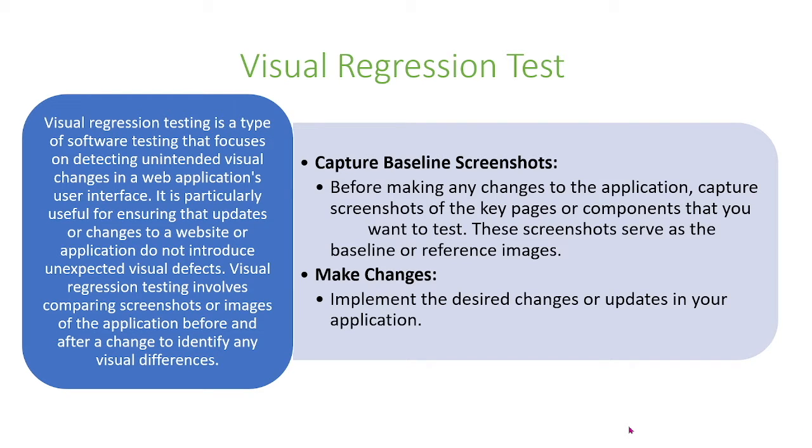Visual regression testing is a type of software testing that focuses on detecting unintended visual changes in a web application's user interface. It is particularly useful for ensuring that updates or changes to the website or application do not introduce unexpected visual defects. Visual regression testing involves comparing screenshots or images of the application before and after a change to